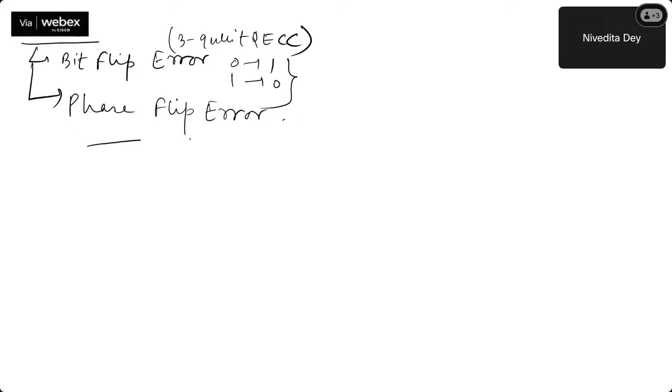Now bits are flipped because of certain kind of a disturbance. Phases also might be changed because of some continuous evolution of quantum states, maybe due to a perturbation or disturbance or noise or attenuation or decoherence. My phase also might get flipped suddenly, which is an error. So this can happen due to